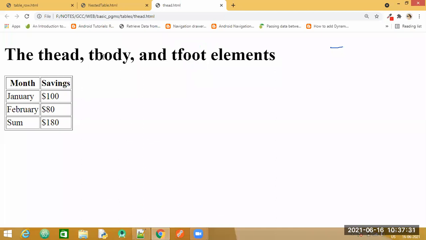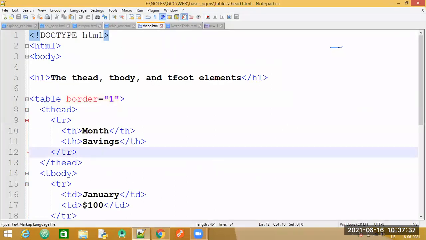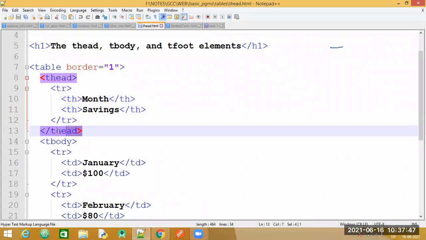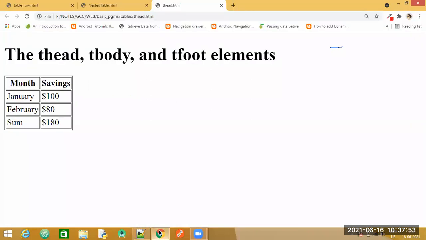Then you have the table body, in which we are going to specify this creation of the table tag. Have a look at the code here. This is my first row, fine. That is the heading. So for the heading, I can specify this particular table head, T head property. That is for this section. For this, I have specified the T head property, and inside that I have created the row.